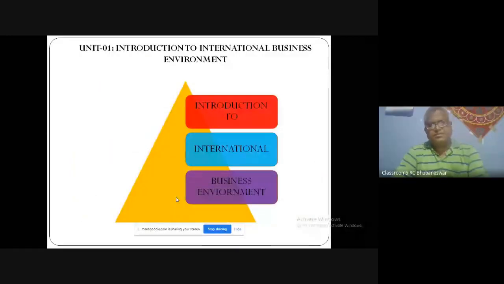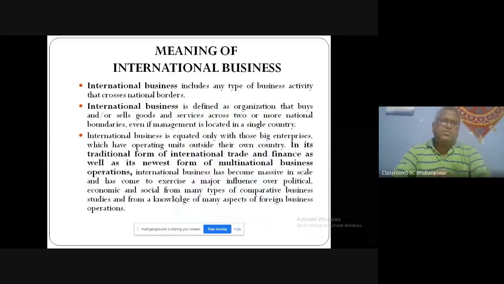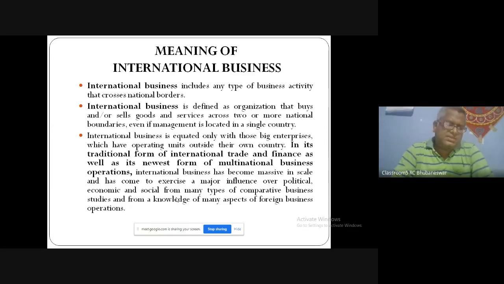The first question is, what is international business? Business is meant for profit and loss, and it is called an economic activity. But here, international business means cross-border, or cross-national-border, business activity. Or you may call it business activities taking place between two countries,